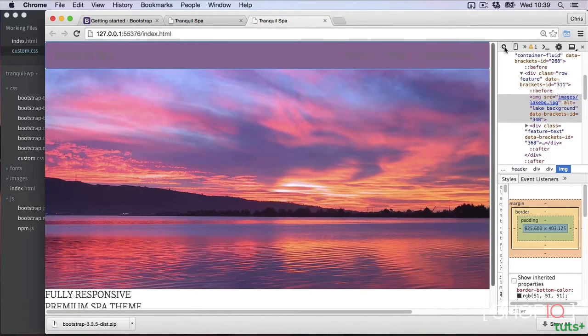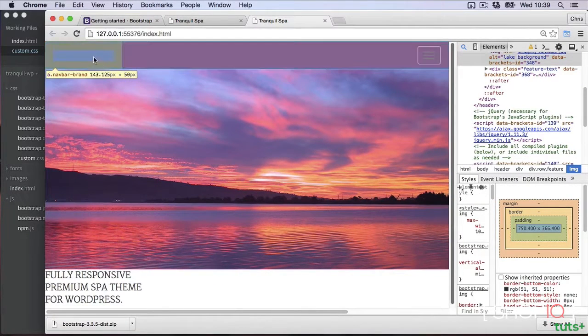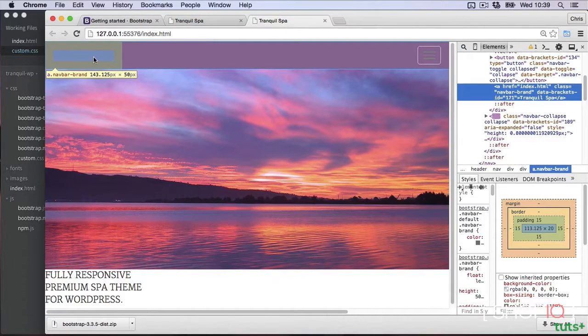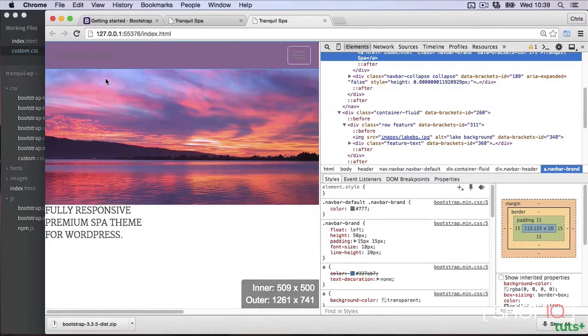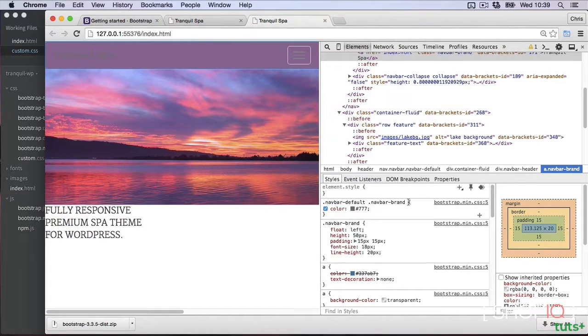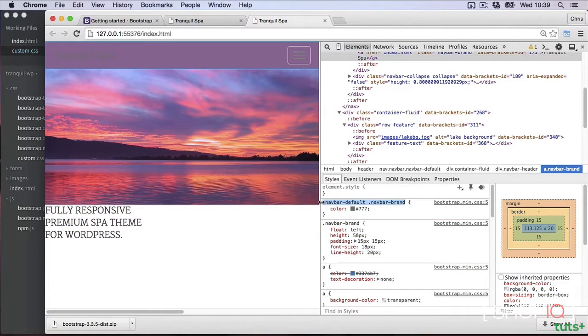And then if you select the magnifying glass and then just hover over the element we need to change and click, and then we should get a list of the classes which is affecting this particular element. So we can see the first element is the color for the navbar default navbar brand, and that's in the Bootstrap minified version. So we can change that color. So I'm just going to copy the class which affects that color,